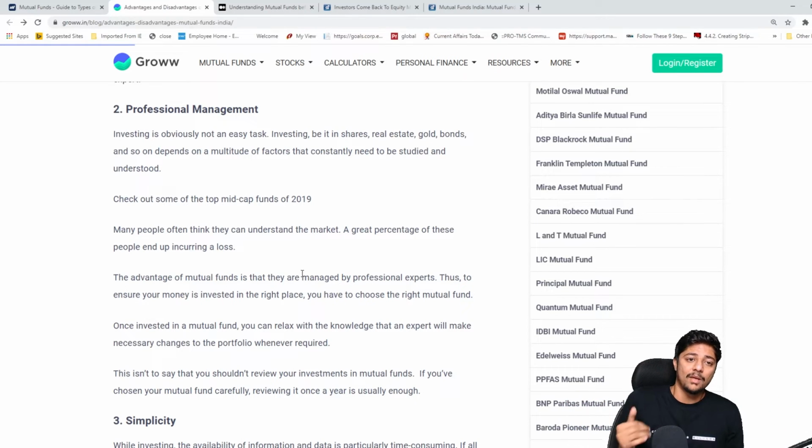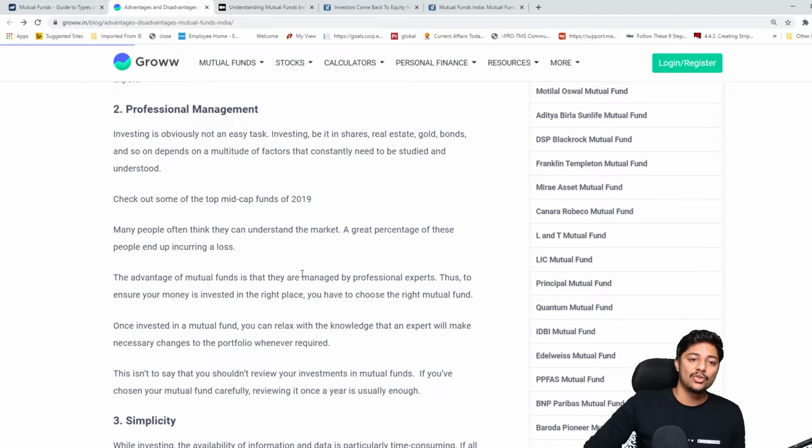I have no idea. But I'm saying, you know what, if I don't have any idea, let me not think too much. Let me just find one or two good mutual funds and just start putting an SIP into it or just start investing into it. Okay, SIP means systematic investment plan. Okay, systematic investment plan just basically means कि मैं हर महीना कुछ ना कुछ discipline करके हर महीना I'll keep